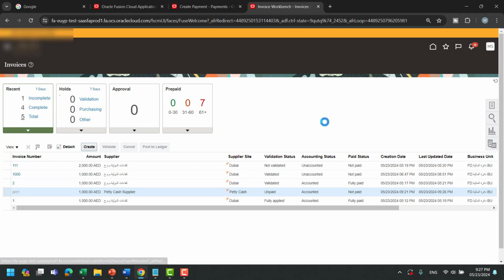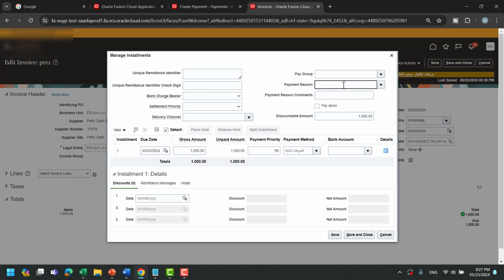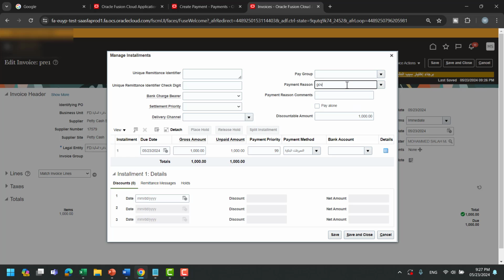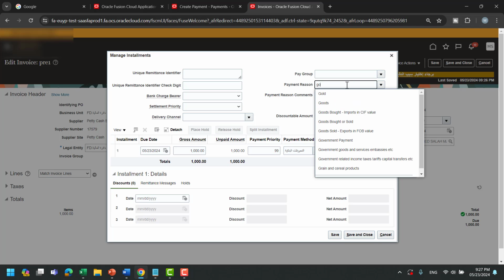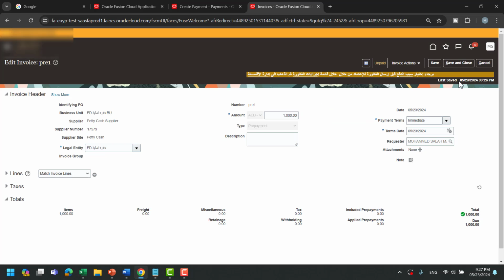This is my invoice. There is one payment reason in installment. This is in my organization that it must be required. Just I make it GOV, save and close,